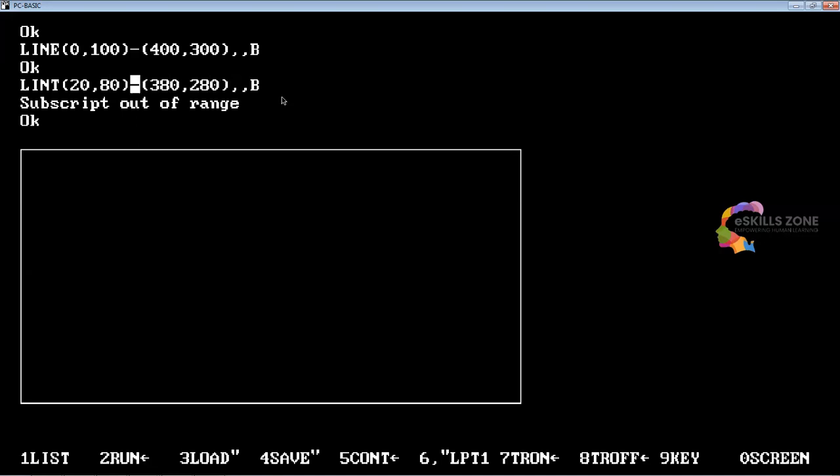The subscript is out. Here is a syntax error over here. I'm gonna raise it again and then execute this program. So the difference should be maintained parallel. Like now I'm gonna give a value line 20, comma 80, and then minus, and then